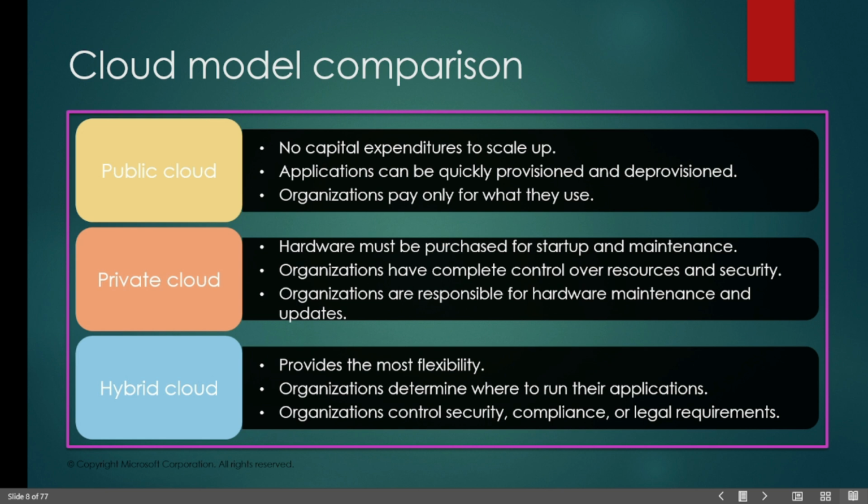So for the public cloud, no capital expenditure to scale up. In the sense that you don't need to be running up and down to look for more infrastructure to buy from a vendor and setting them up. These have been handled by the cloud providers. So remember, scaling up means you are adding more capacity. For example, if you purchased an 8 gig RAM and you decide that you need a 16 gig RAM system because an 8 gig RAM can no longer carry your workloads,